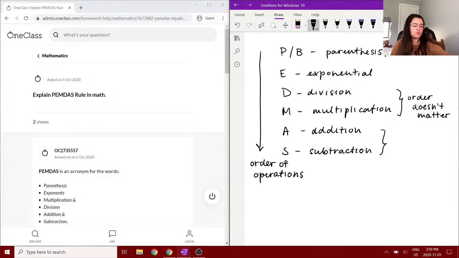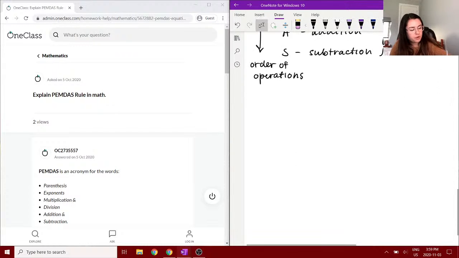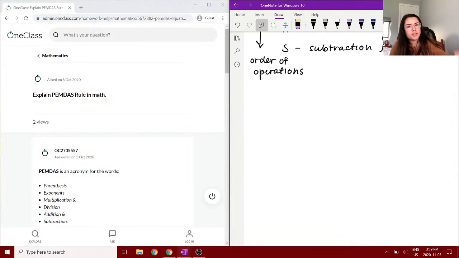And the same thing goes for addition and subtraction. So order doesn't matter. However, for example, if you come across an exponent, you want to do that operation before you add or subtract, let's say, okay? Let's go through just a quick example so that you can see how this can be applied,